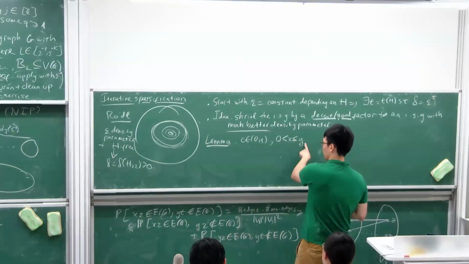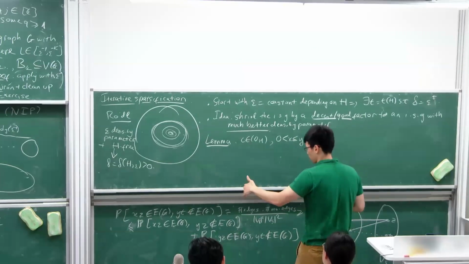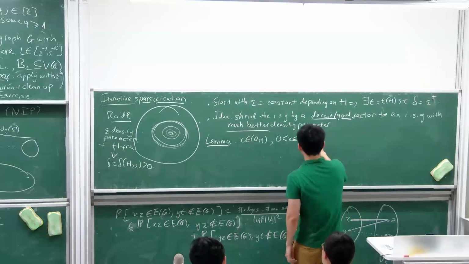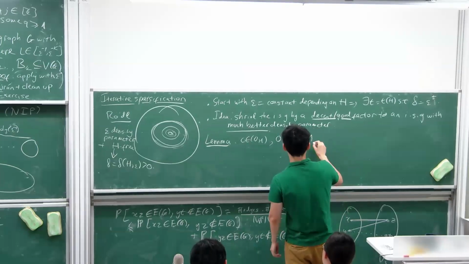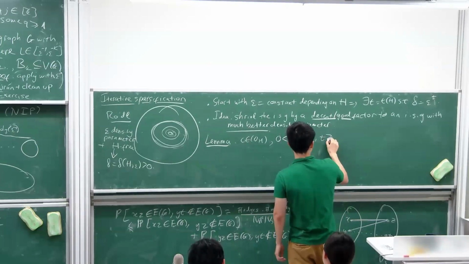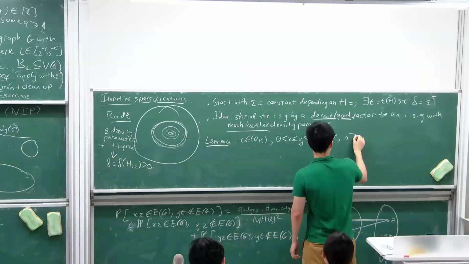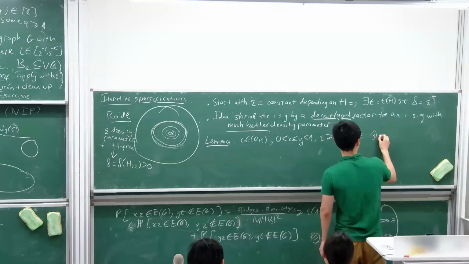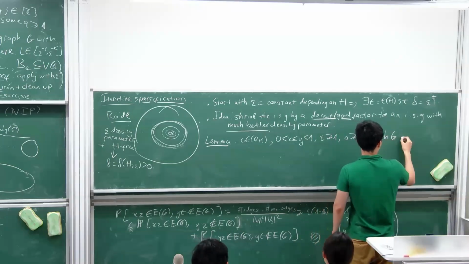Y will be our floating density parameter, and X is going to be our target density parameter, less than 1, say. And T is some constant. So we have a graph G satisfying